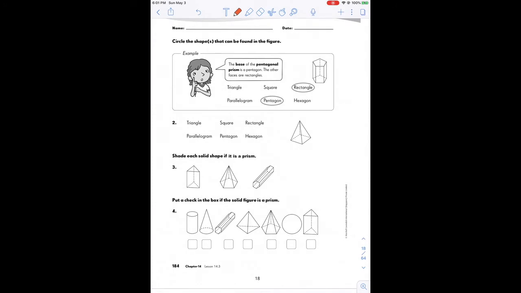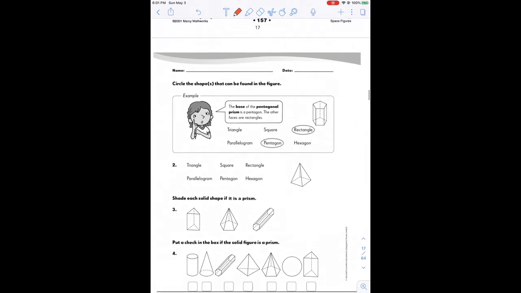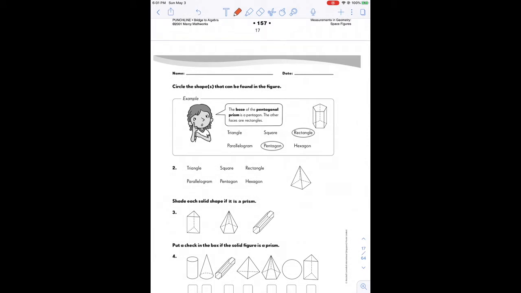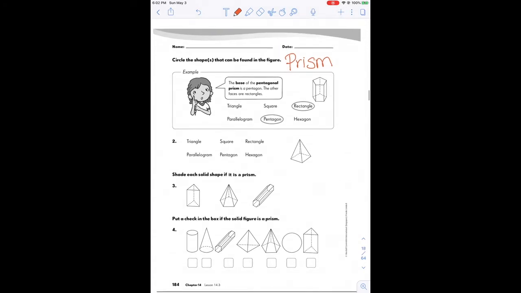So the next big word that we're going to be talking about is one type of 3D figure that we're going to be studying, and that's called a prism. It's basically like the most common type of 3D shape, one that you would recognize the most, and we're going to do some activities that go along with it. So in this example,